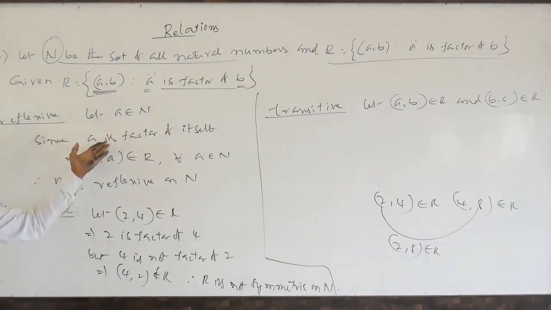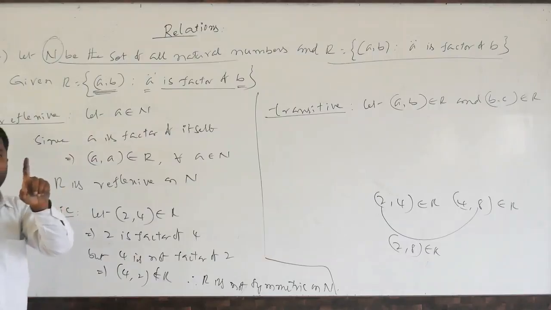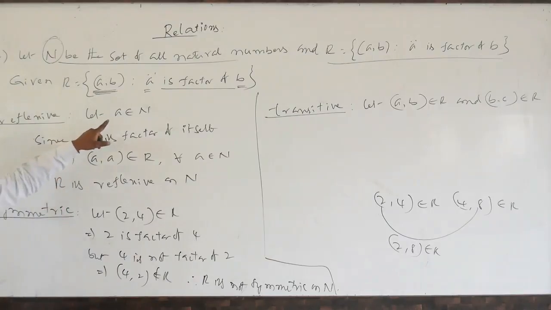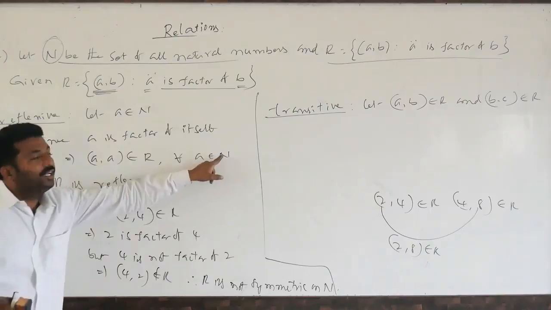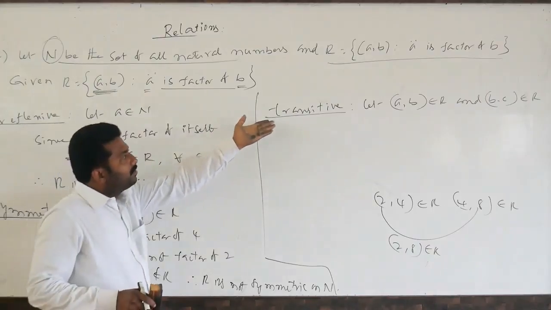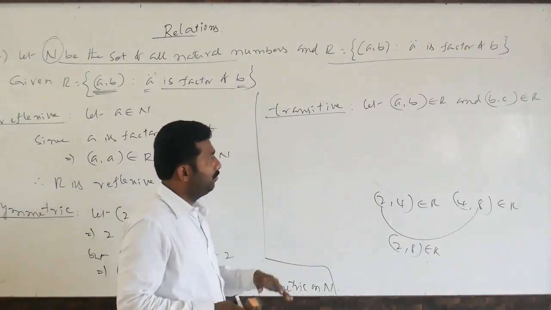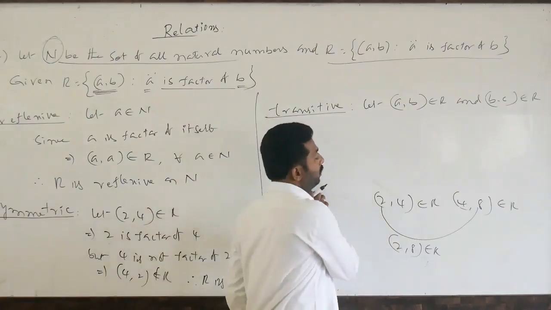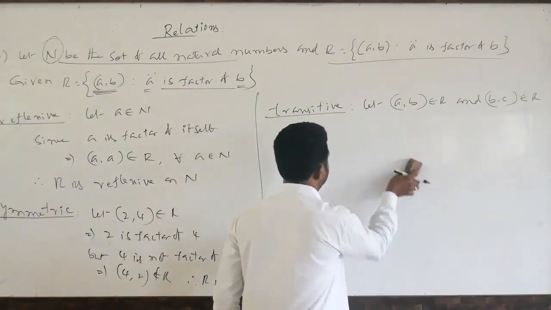I am not writing any counter examples here, because a counter example refers to only one element, but we have to prove it for every element. See, for every element in the non-empty set we have to prove it, so for capital R to be reflexive, you have to write the solution definition-wise. Capital R is not symmetric, so I gave a counter example. So clearly this is transitive on natural numbers, so you should not give a counter example. You have to follow the theoretical procedure.